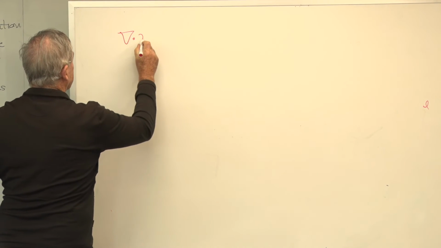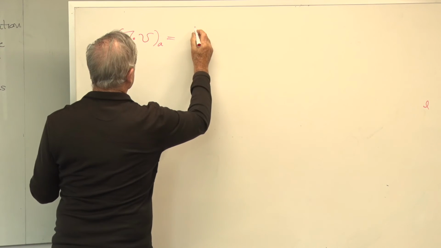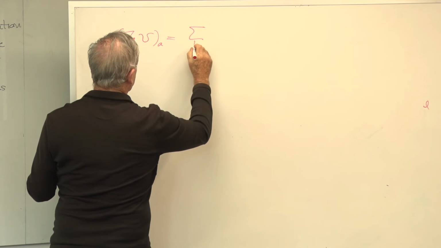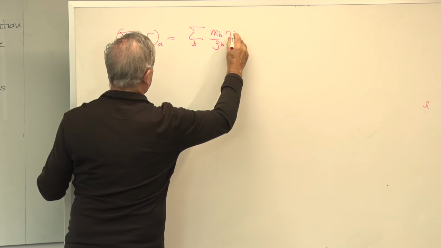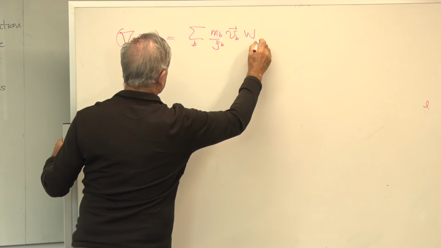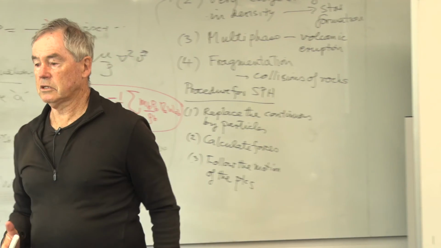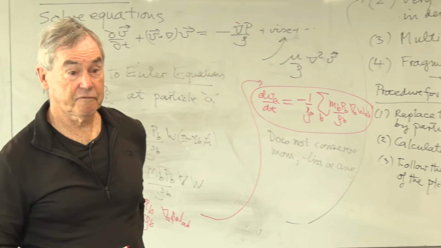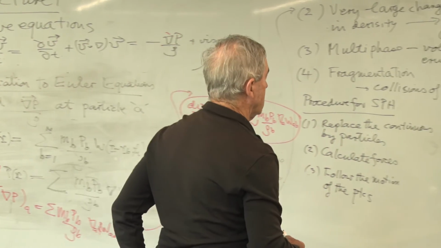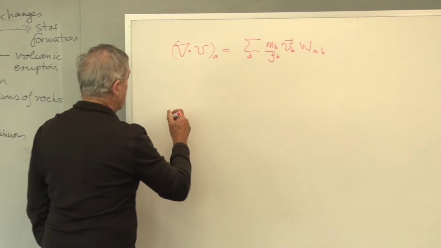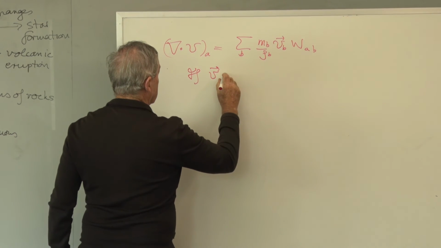Let's suppose we want to construct div V at some particle A and use that interpolation. Well, we can sum over particles. We have a mass. We have a density. We have V of that particle, and then W, the kernel. Now, if you have a fluid, which even if it has constant velocity, you can't guarantee that div V is 0. It should be 0 for a constant velocity everywhere, but you can't guarantee that. But what you can do is, well, this is if V is constant,